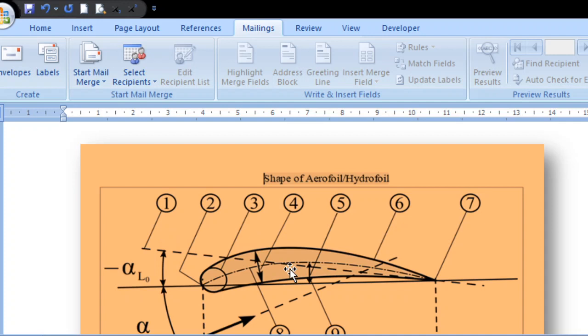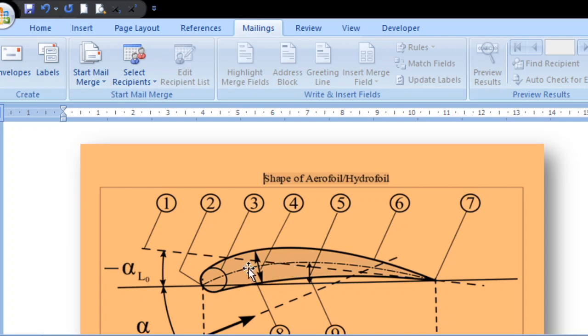In a hydrofoil shape, suppose this is a uniform hydrofoil or aerofoil which is not having any camber, and airflow which is straightway coming from the center. So the flow will be uniform, equally from the top and equally from the bottom. So there will be no lift generated. So that line is called the zero lift line.